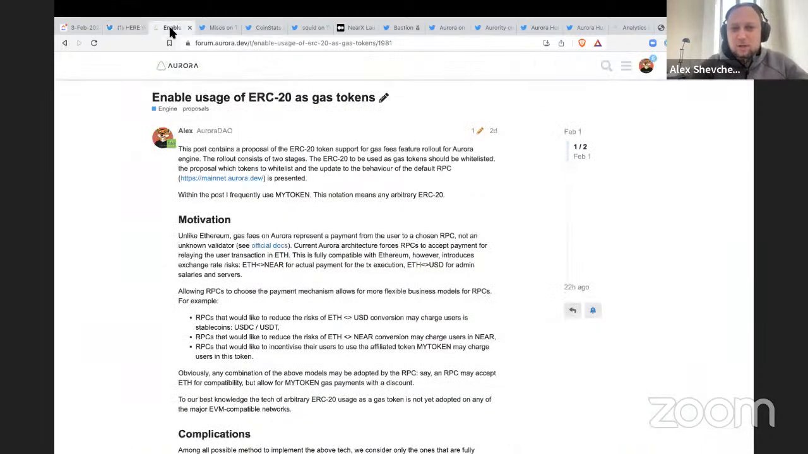Aurora Labs is also working on updates to the Aurora protocol, and we have an interesting idea in mind. And this idea is something that nobody has tackled before. That's a new step in the development of EVM blockchains. And this idea is to utilize